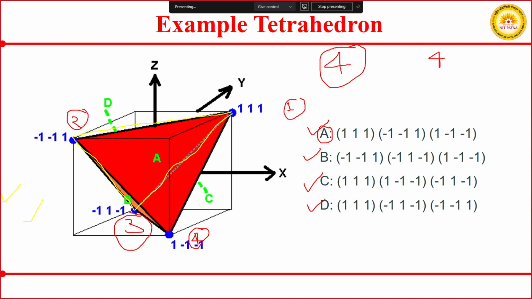Let me see. So let us try to see your surface A. Your surface A is one, two, three. Triangle 1 2 3. Right. It is clear. There is no doubt in surface A. Right. And now we will try to see